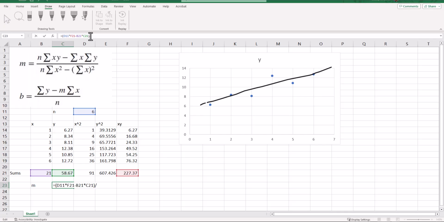And then for our denominator, we've got n. I'm going to open parentheses here. N times the sum of all the x squared, so that's this cell, minus the sum of all the x's, and then that quantity gets squared. So I think I've got them all there, subtraction, all that fun stuff. So I've got